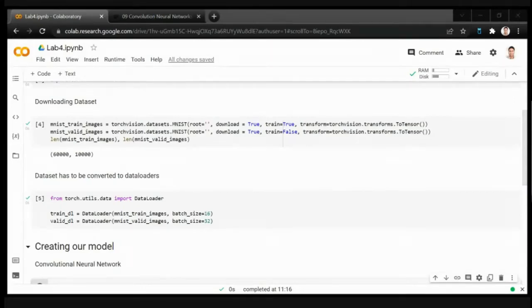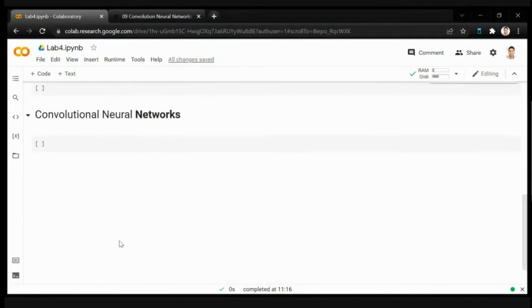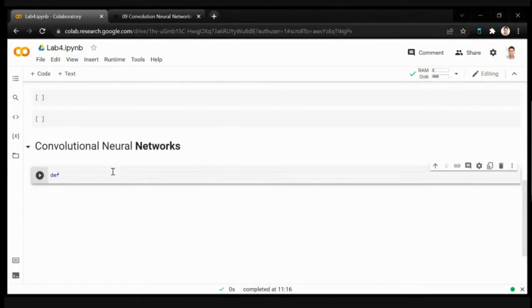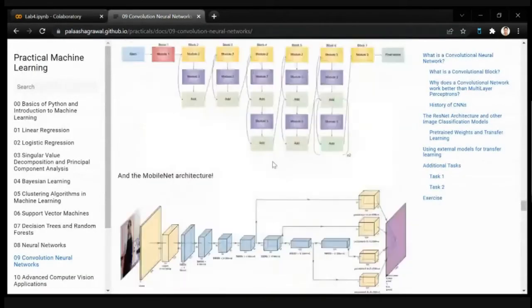So, what I'm going to do is write a function called def get_cnn_model, which stands for Convolutional Neural Network Model. The way you design it is you do a lot of convolutional operations. And the thing with convolutional neural network operations is that